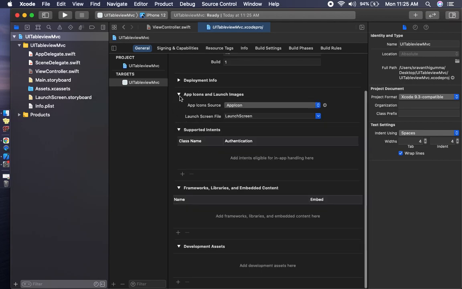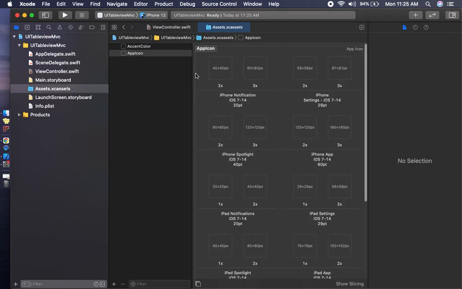Next is app icons and launch images. App icons: we can give the app icon by using the check mark. In this app icon we have to give different sizes for notifications, settings and so on.